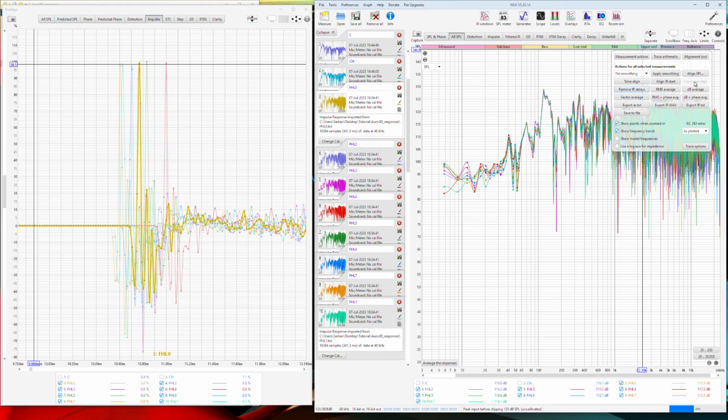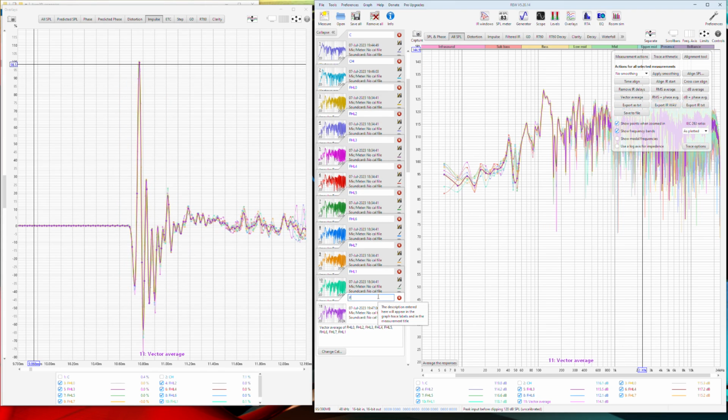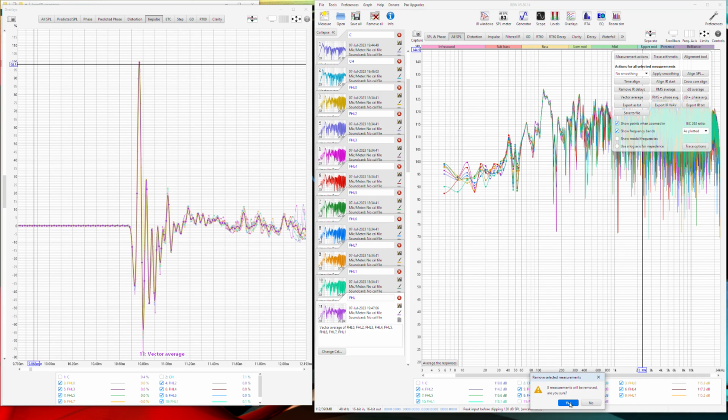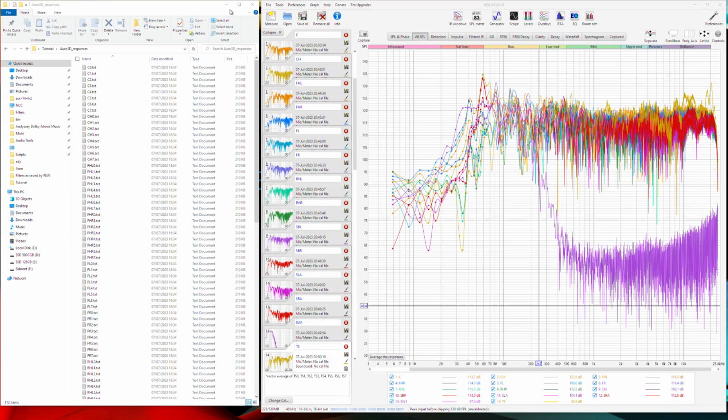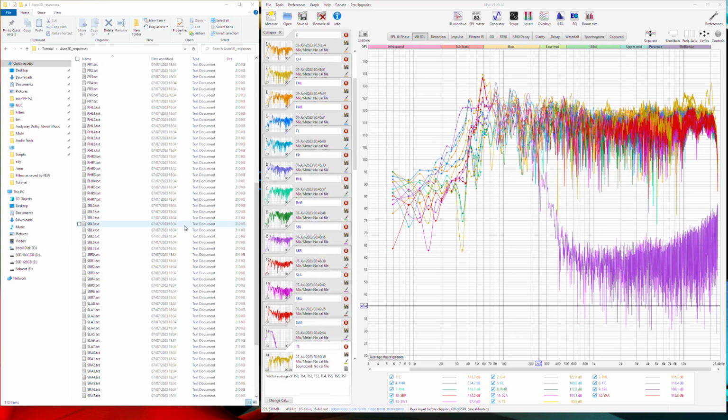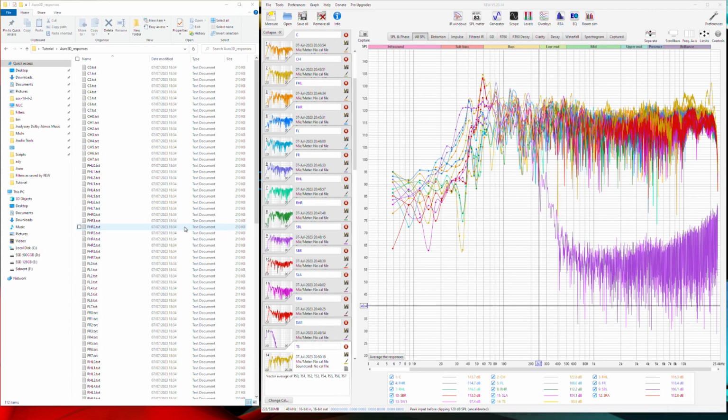Cross correlation align, aligned all of them, and vector average, which is your real response of your front height left speaker around the listening position. Again, remove the selected measurements. Now, after some considerable time dealing with all the measurements imported from your Odyssey calibration file, you have all the speakers of your Auro setup.